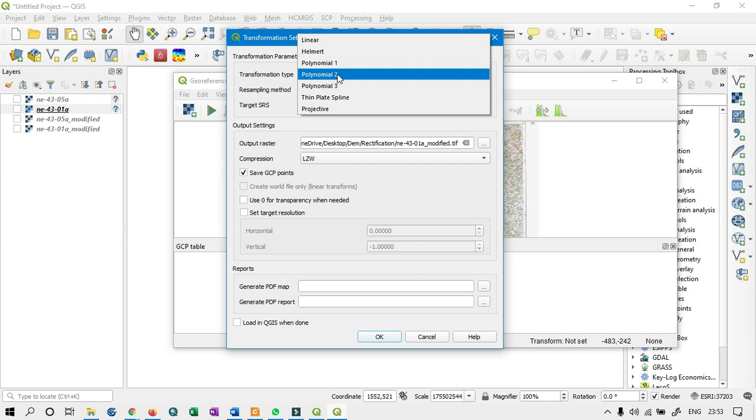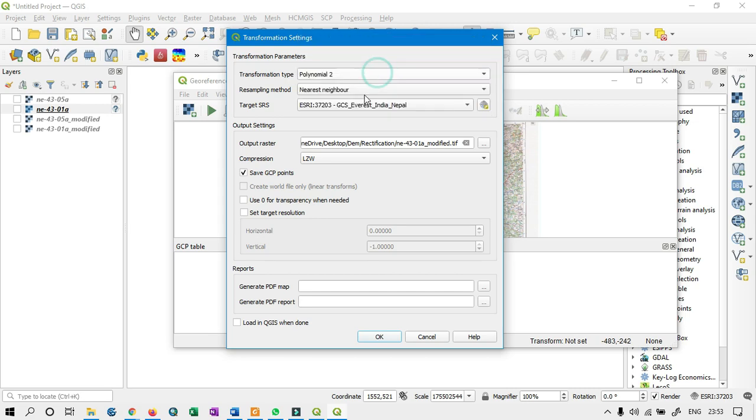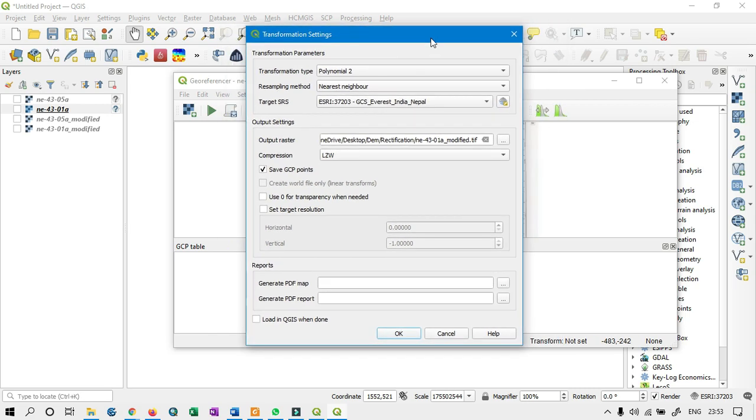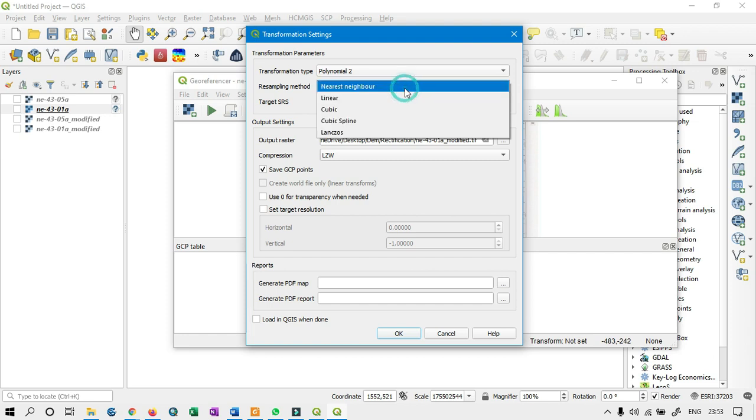In general, polynomial 2 is basically used for a square shaped map or planar map. Otherwise, if we have a simple conical map or another shaped map, we can change the transformation accordingly. Anyway, I am here selecting polynomial 2, and obviously the resampling method is nearest neighbor, which is the most commonly used resampling method.